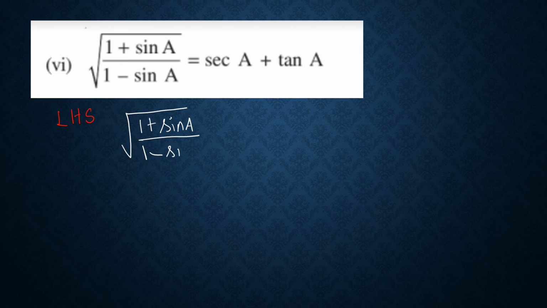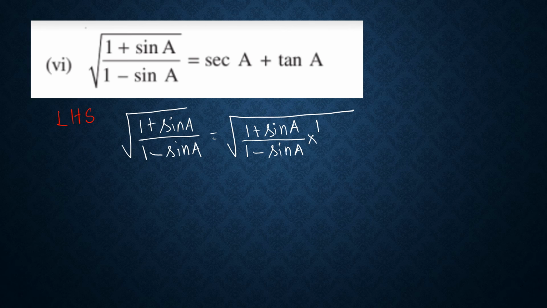So what we are going to do is take this as such, 1 plus sin A by 1 minus sin A, and we have to multiply both the numerator and denominator. Sorry, this is 1 plus sin A, no? So we have to multiply with 1 plus sin A both the numerator and denominator. In the denominator there is 1 minus sin A, so you should use the opposite sign. You have to multiply with 1 plus sin A.